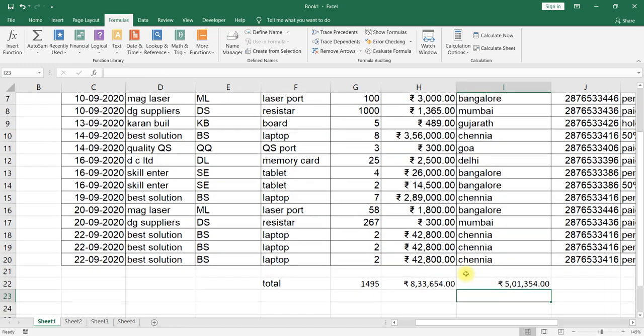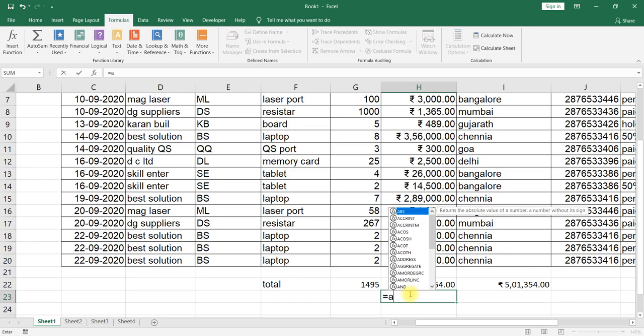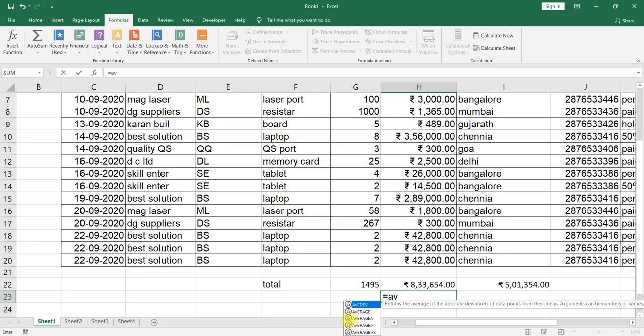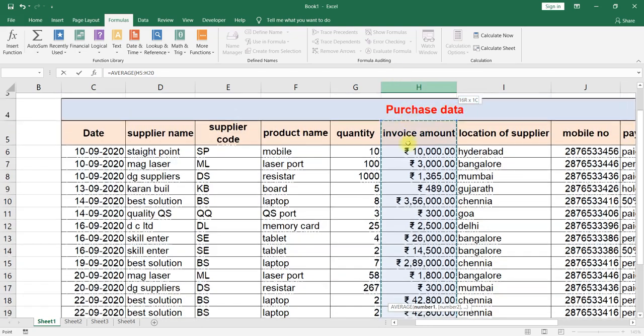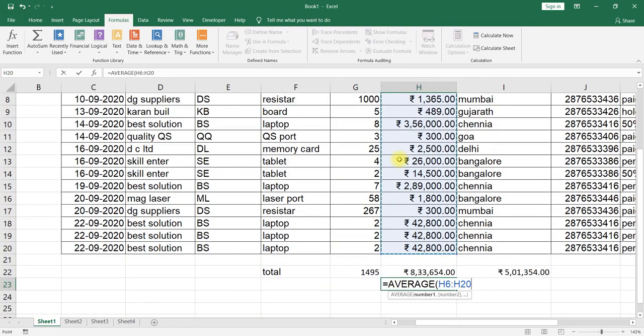Similarly, we can use the AVERAGE formula, equal to AVERAGE. Double click on that, and the average formula is inserted. Now you can select the cells, close the bracket, enter.